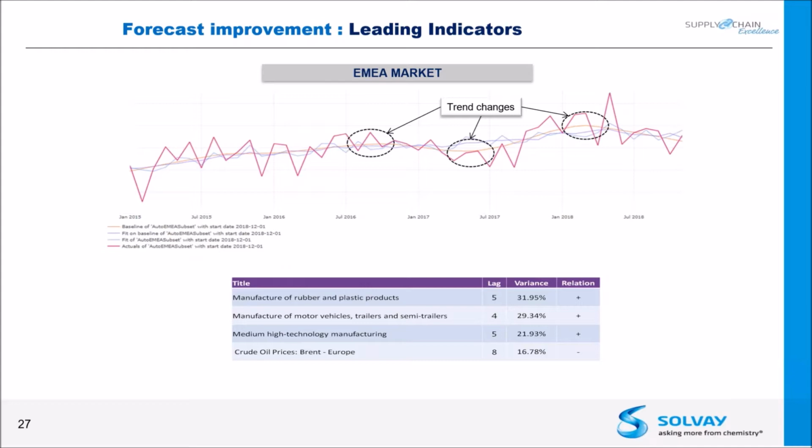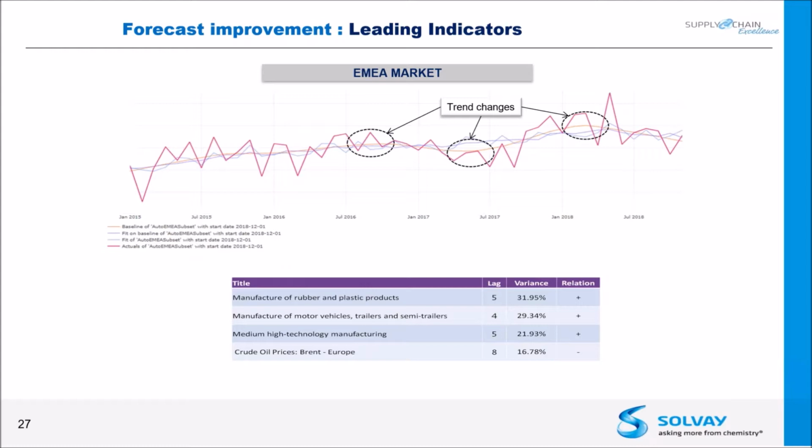I asked Solvay to compare it also with statistical forecast, because statistical forecasting is till now not used within that business unit. So you see, the red line is the sales on a monthly bucket, and